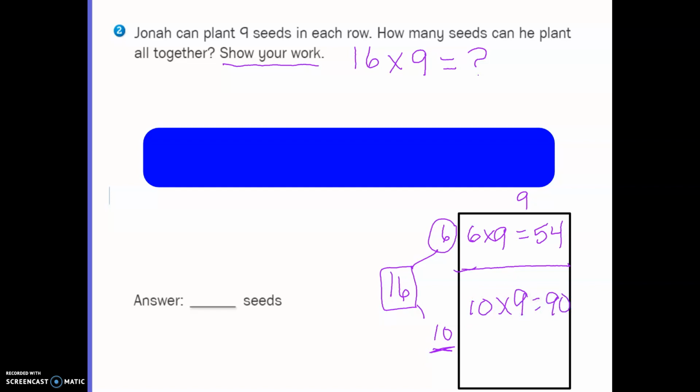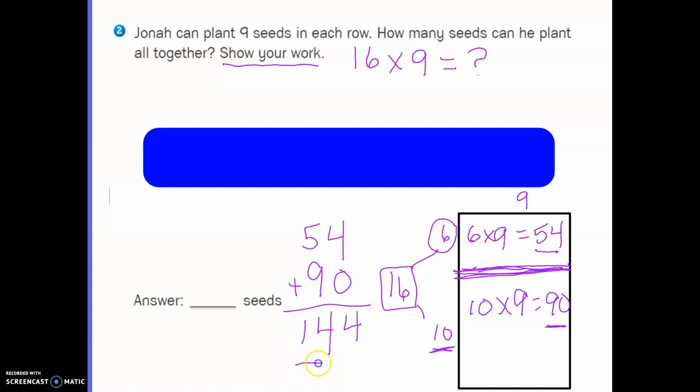So I know in my 6 rows up here, I can plant 54 seeds, and my 10 rows at the bottom, I can plant 90 seeds. So then I need to take my 54 and the 90 and add that together. 4 plus 0 is 4. 5 tens plus 9 tens is 14 tens, or 140. So I can plant, or Jonah can plant